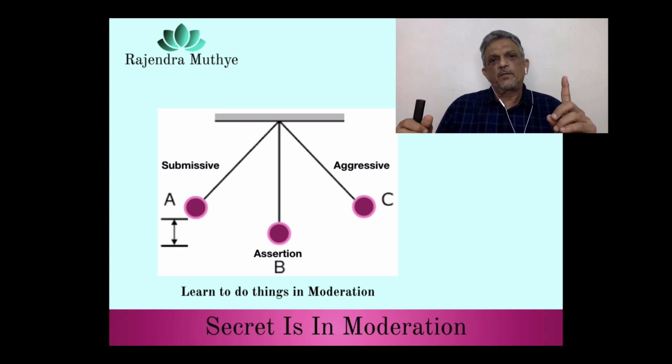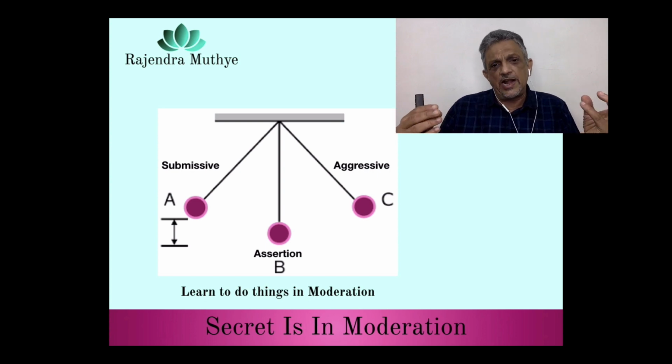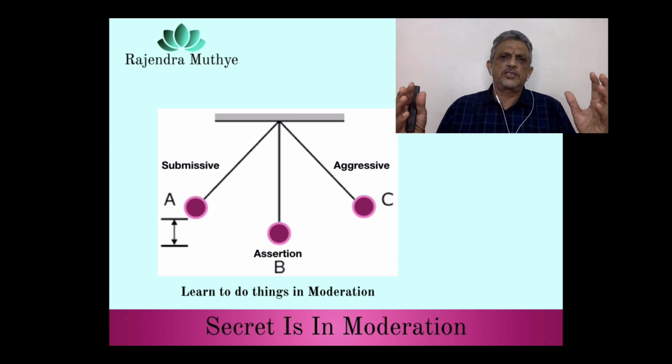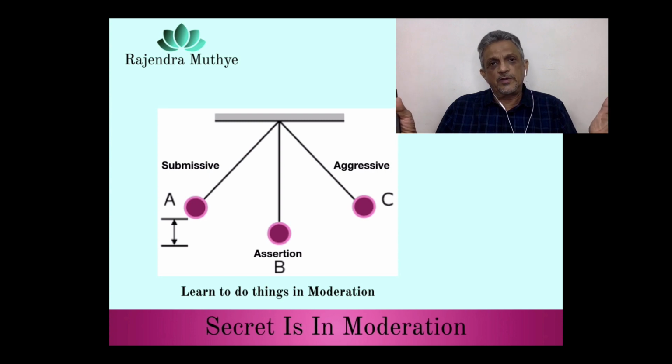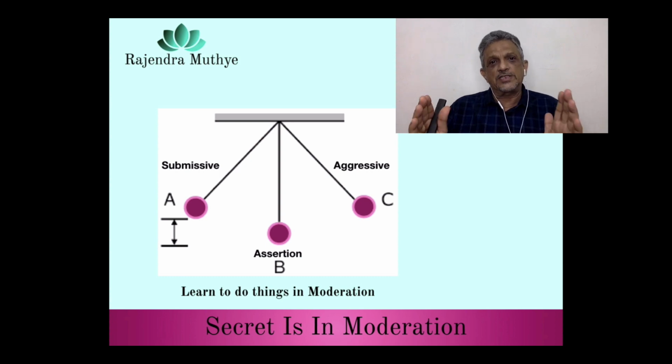So remember, you take up anything, whether it is submissiveness or aggressiveness. Let's take sadness and happiness. Sadness definitely doesn't work in life. But what about happiness? Do you think extreme happiness is a balanced way of living? Have you all heard that people who suddenly get a lottery of $100 million die of shock? Extreme happiness is not balanced. The middle line is called balance, and moderation helps you to live a balanced life.